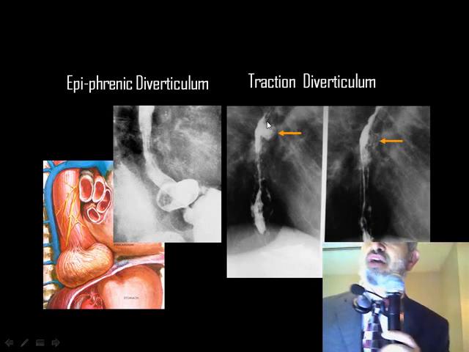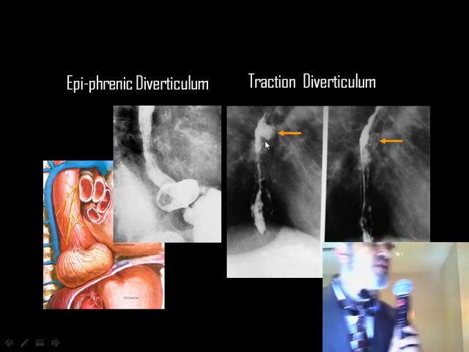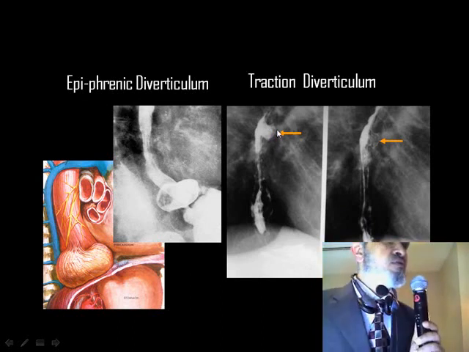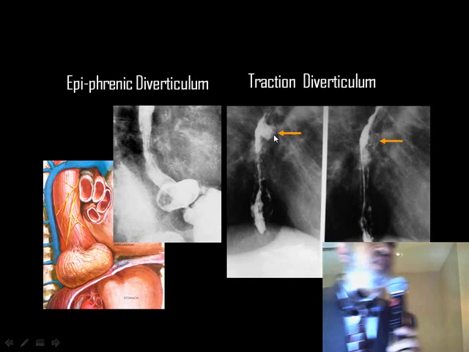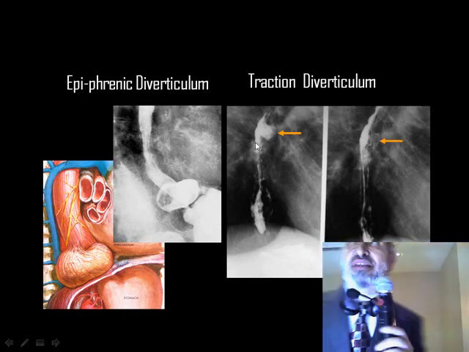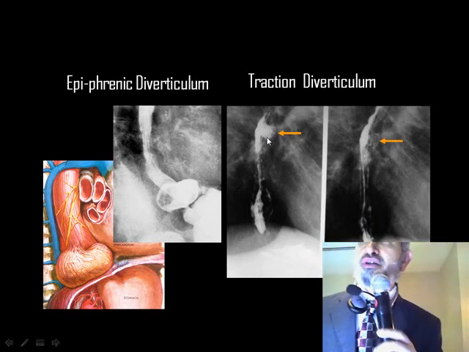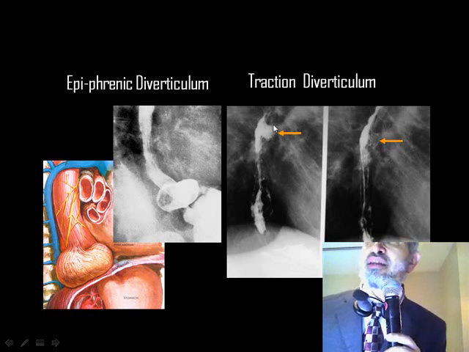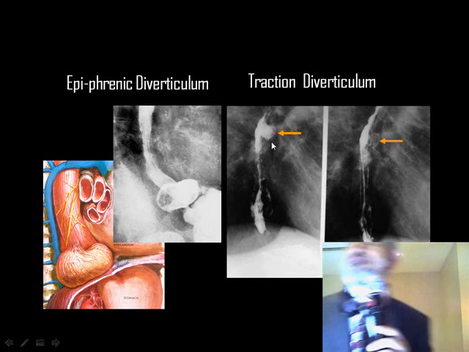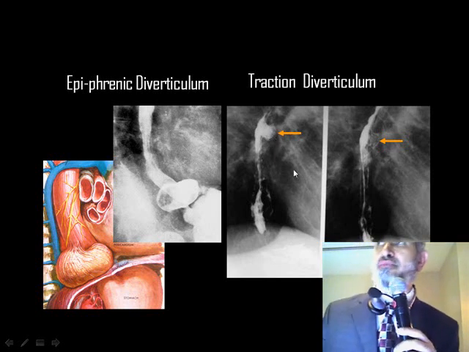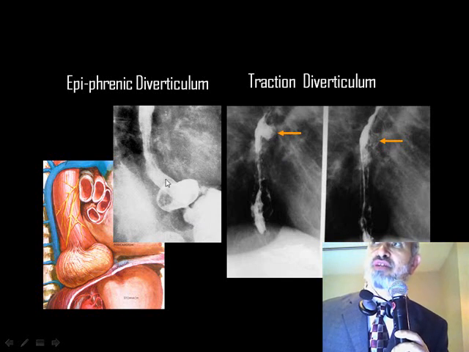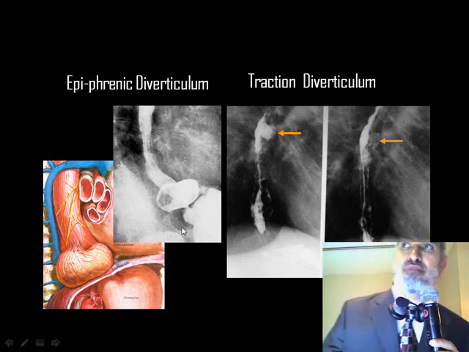Also, you may have a traction diverticulum in the middle part of the esophagus, which is usually secondary to inflammatory lymphadenitis in the mediastinum that has affected the esophageal wall, leading to its weakness. Then you got this traction diverticulum. Then you see the third type of diverticuli in the esophagus, which is the epiphrenic diverticulum, and you